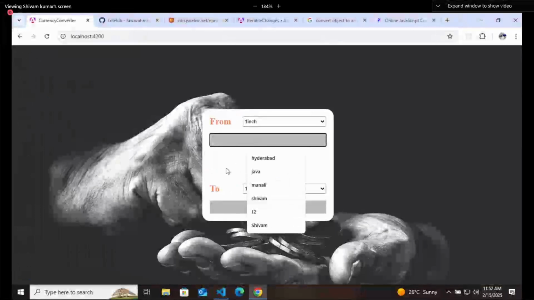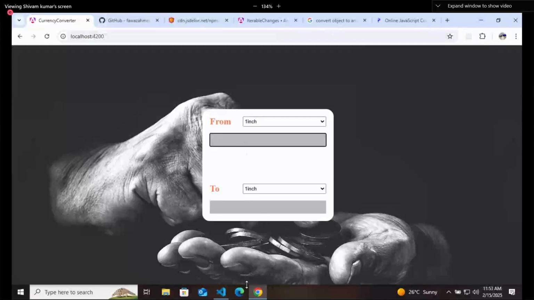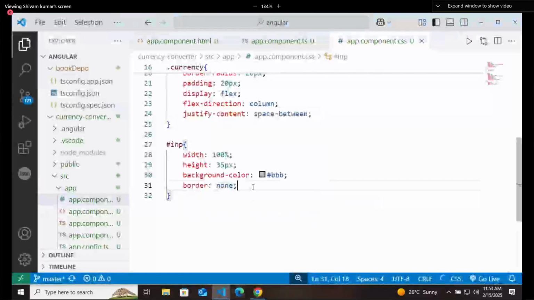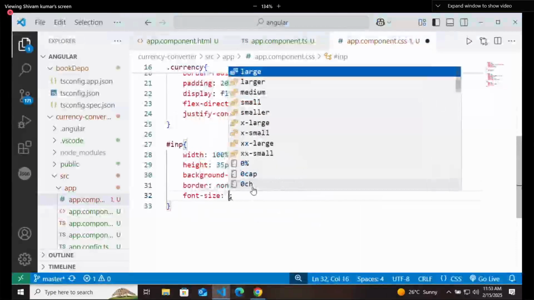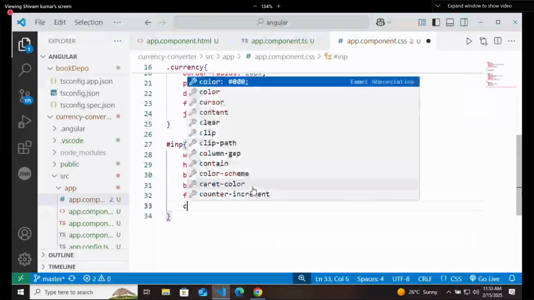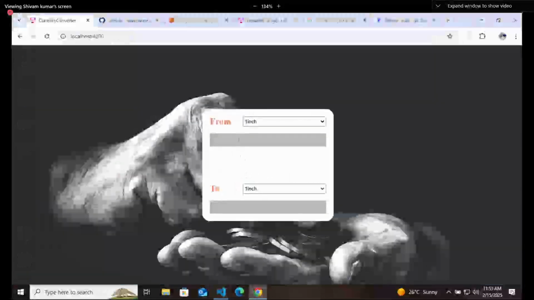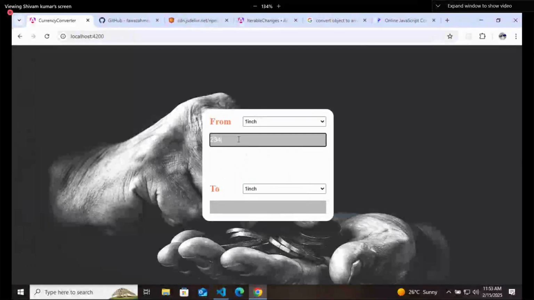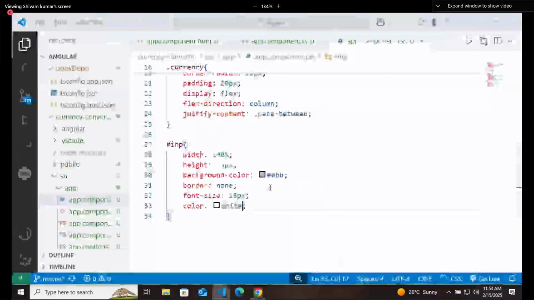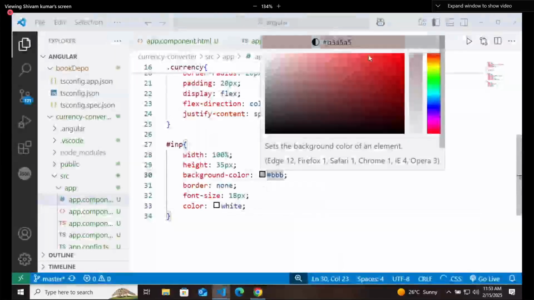In this way you can write the values like this. Font size obviously you can increase. Font size I'll keep around 18 pixels and color I will keep around white. If you are writing 2, 3, white color is not looking good. First we will change the color of this to red.